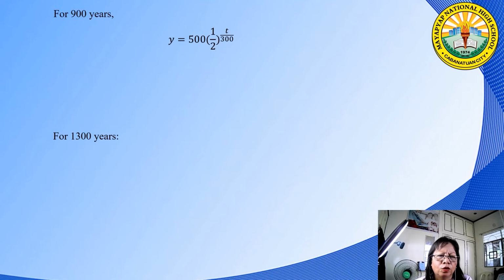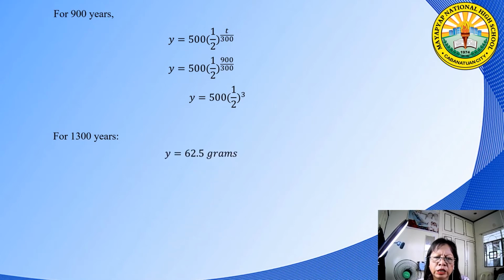For 900 years, using the model in the given situation, y equals 500 times 1/2 raised to t over 300. Then you replace t by 900, so y equals 500 times 1/2 raised to 900 over 300, so equals 500 times 1/2 raised to the third power. Then when you simplify, y becomes 62.5 grams. And for